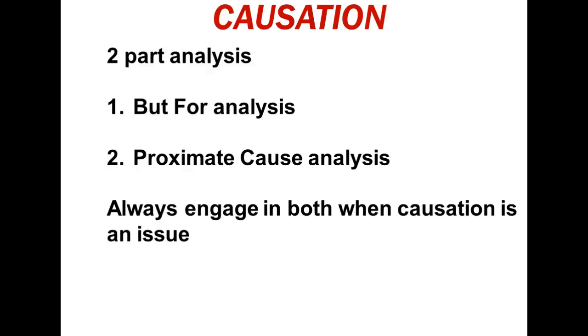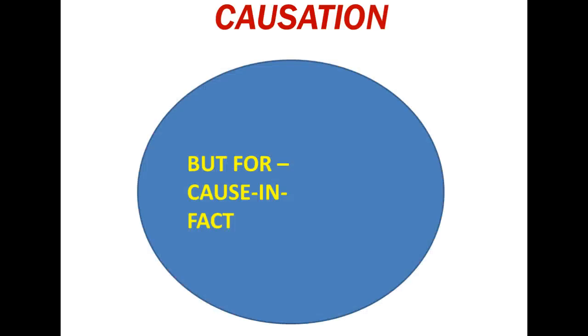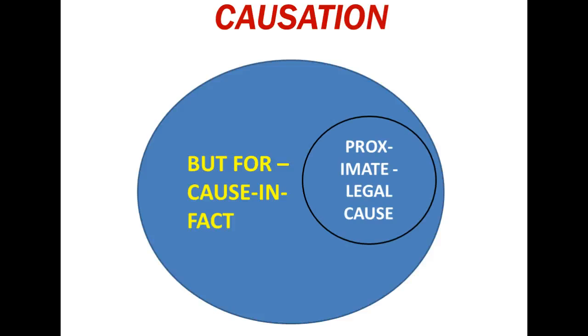And now let's take a look at one way to conceptually think about this two-part analysis. I like to think of but-for as a fairly large set, and you'll see why in a minute. That but-for includes a lot of results that may have come about because of the defendant's conduct. And then when we layer in the second part of the test, proximate cause, we are clearly reducing the size of the set, and we are narrowing the number of instances in which the defendant will be held criminally liable for the result of their conduct.